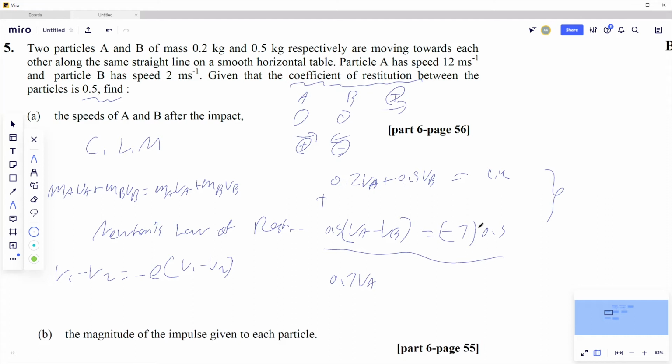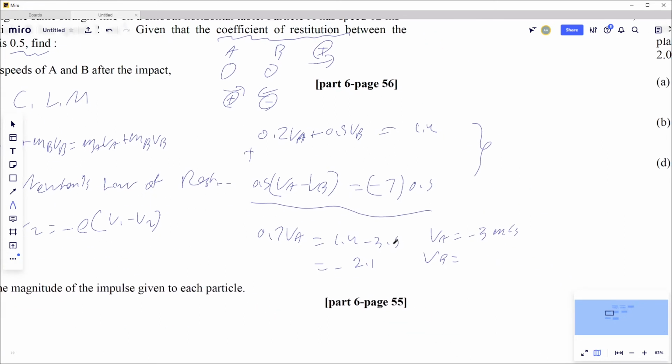Ignore VB because they'll cancel, equals 1.4 plus, this is why I like plus, minus 7 times 0.5, that will be 3.5. You're gonna get minus 2.1. And so VA will be eventually minus 3 meters per second,